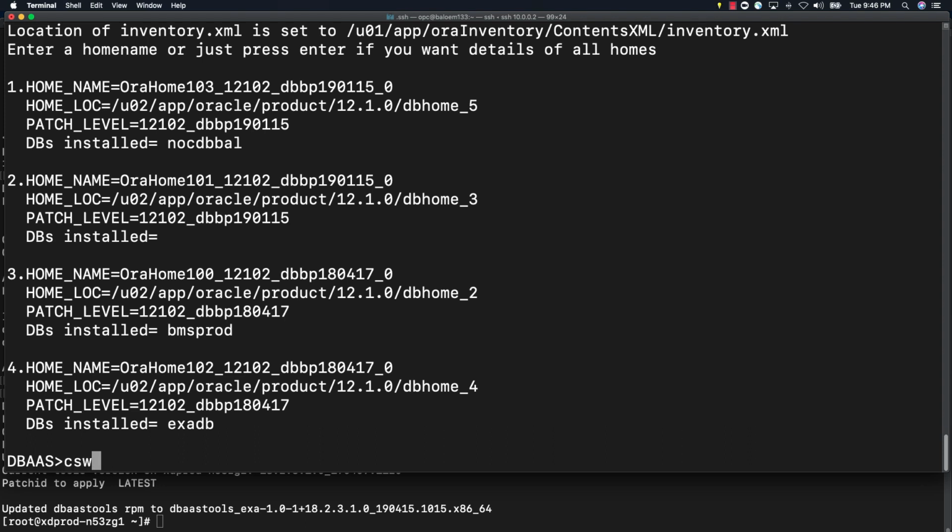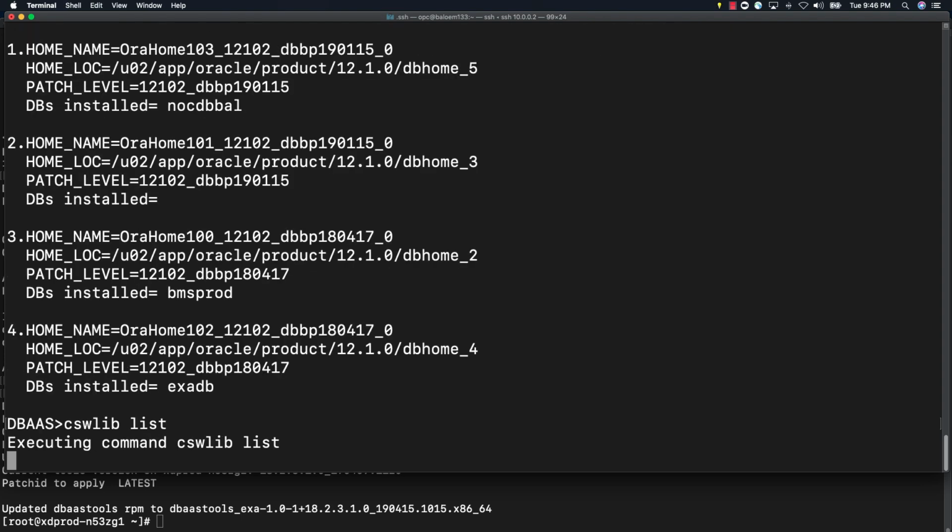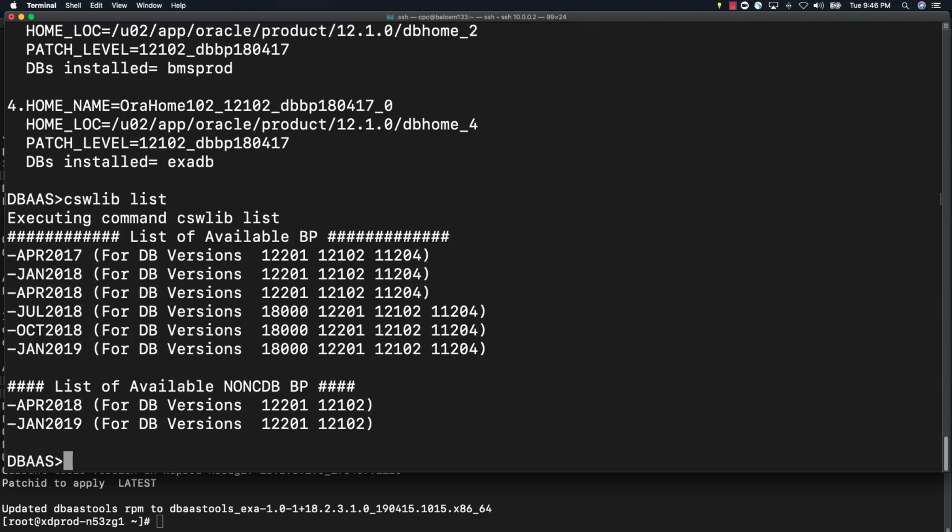This could be csw lib list. So this is the software library on the system, right? As I said, Exadata Cloud Service provides you updates in two ways. One is through images, the other one is through regular patches as per the MOS note. Every 3 months, we provide you different patches available for the platform. So this command csw lib list is listing out what patches or bundle patches are available for the environment,